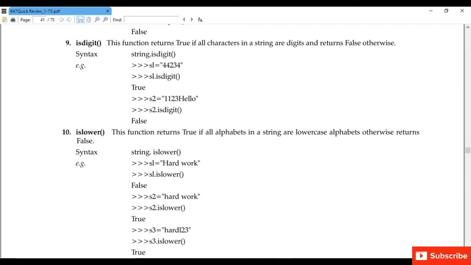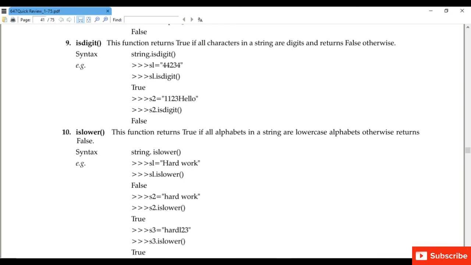Next is islower. This function returns true if all the alphabets in the string are in lowercase. ठीक है, all the alphabets are lowercase, small. Otherwise it will return false. Next is isspace. This function returns true if there are only white space characters in the string.